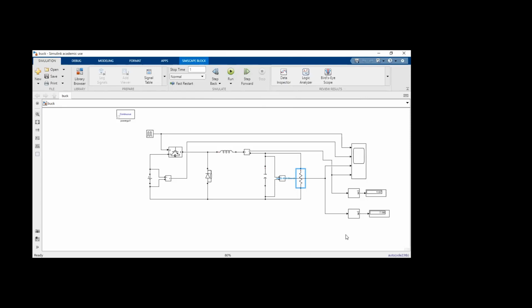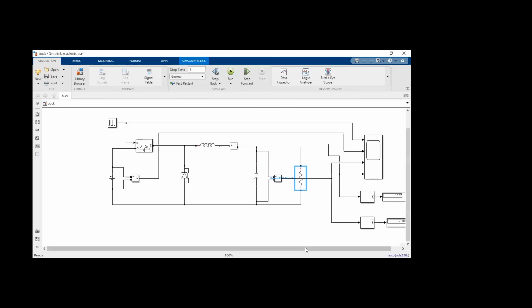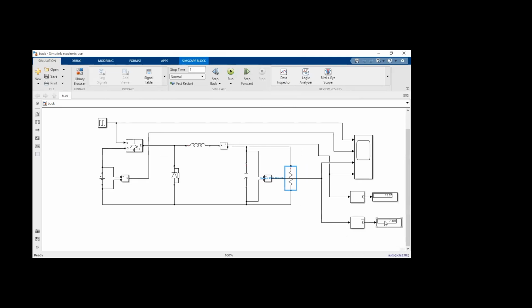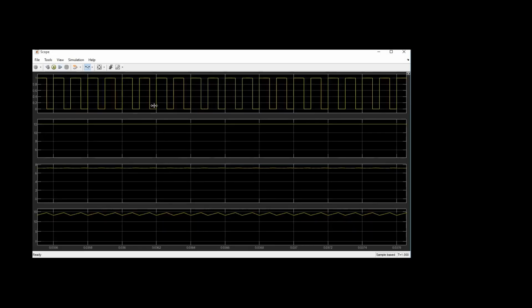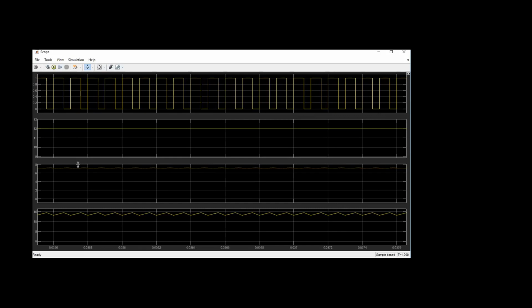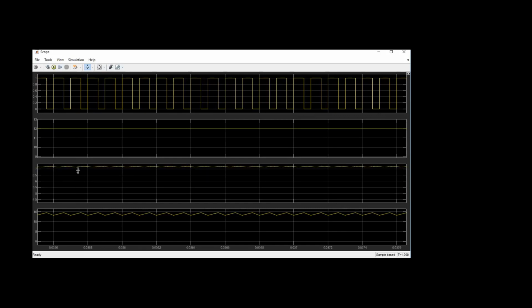Now, earlier how much output voltage did I get, can anyone say? Now you can see the output voltage and output current. This is the voltage and this is the current. Current is 13.87 and voltage is 7.187. So my theoretical calculations and the simulations are matching. Now, if I want to see properly, this is the pulse width. The input voltage we have considered, if you observe here, is 12 volts. This is the output voltage.